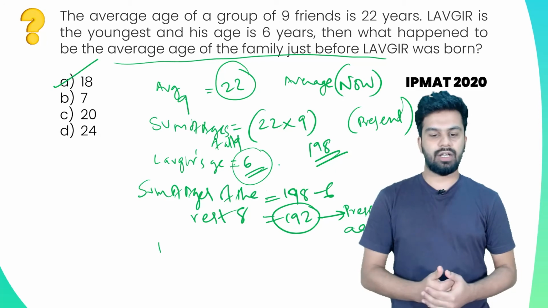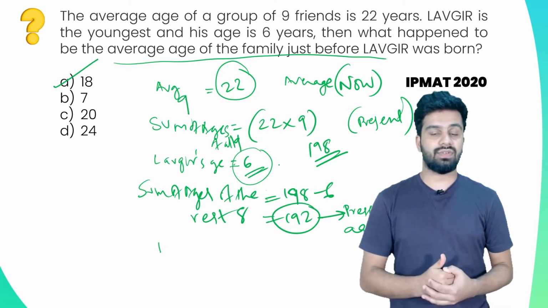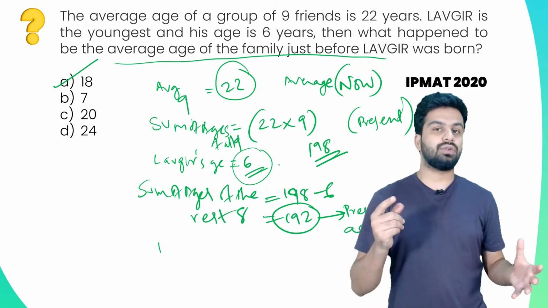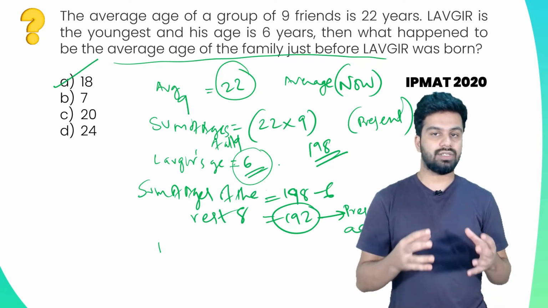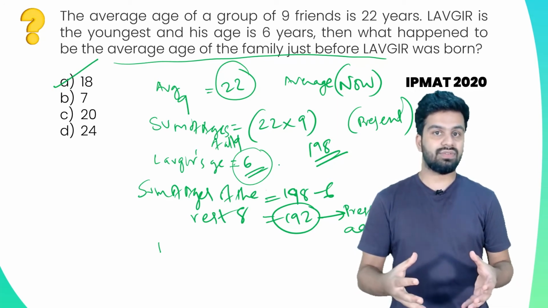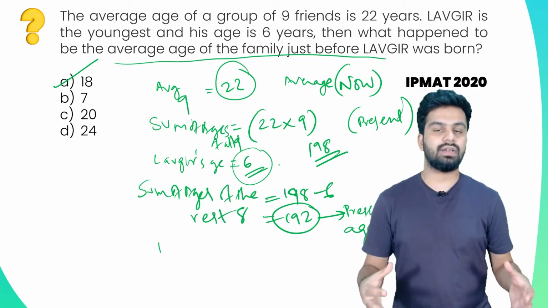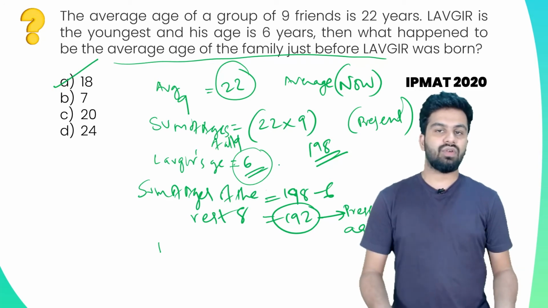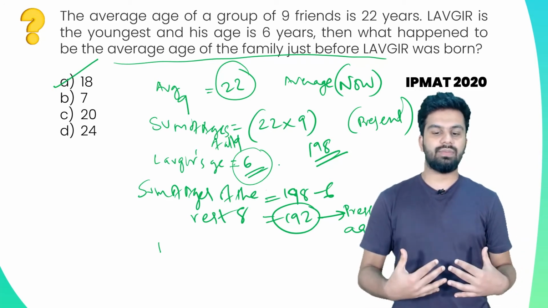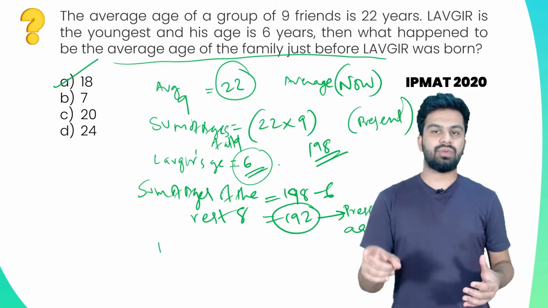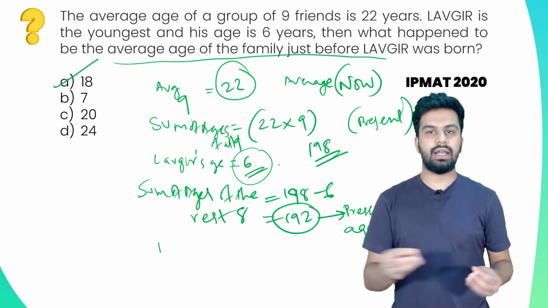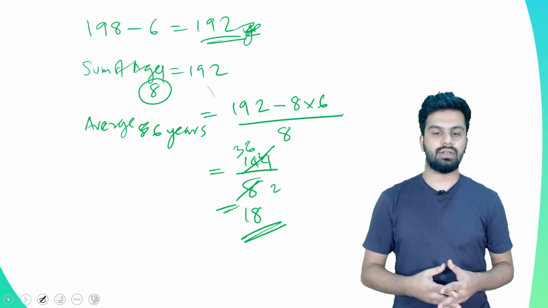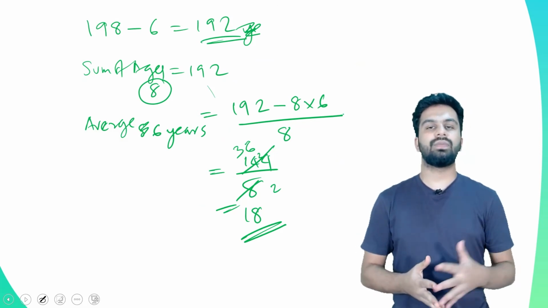അപ്പോൾ 6 years ബാക്ക് പിന്നോട്ടേക്ക് പോകുമ്പോൾ, 198-ൽ നിന്ന് റെഡ്യൂസ് ചെയ്യേണ്ടതില്ല, അതായിരിക്കില്ല അവരുടെ സം ഓഫ് ഏജസ് അറ്റ് 6 years ബാക്ക്, മൈനസ് സംതിങ് എൽസ് യു ഹാവ് ടു കൺസിഡർ. അതായത് ലാവ്ഗറുടെ ഏജ് റെഡ്യൂസ് ചെയ്തതിന് ശേഷം 192 കിട്ടിയത് ദ പ്രസൻറ്റ് ഏജ് ഓഫ് all the eight family members ആണ്. ബട്ട് 6 years ബാക്ക് ഉള്ള ആവറേജ് ചോദിക്കുമ്പോൾ സം ഓഫ് ഏജസ് ഓഫ് ദോസ് 8 members 6 years ബാക്ക് വിൽ ബി ഈക്വൽ ടു 192 മൈനസ് 8 into 6. സോ എല്ലാവരുടെ ഏജിൽ നിന്ന് നമ്മൾ 6 years വെച്ച് റെഡ്യൂസ് ചെയ്യുന്നതാണ് ഇവിടെ ഡെമോൺസ്ട്രേറ്റ് ചെയ്തത്. സോ ദാറ്റ് വിൽ ഗിവ് യു ദ സം ഓഫ് ഏജസ് ഓഫ് ഓൾ ദ റിമൈനിങ് 8 people.